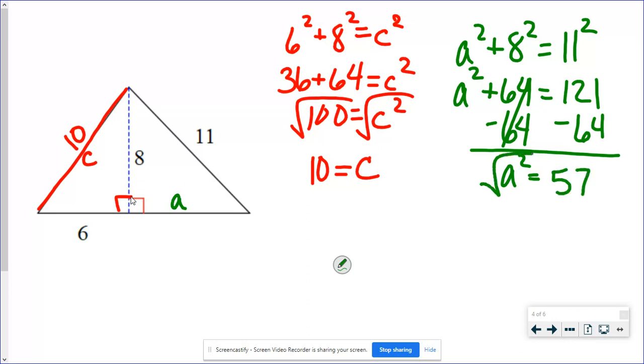Again, not a perfect square. So when we take the square root, we're going to have to round. The square root of 57 is 7.5. That'll round to